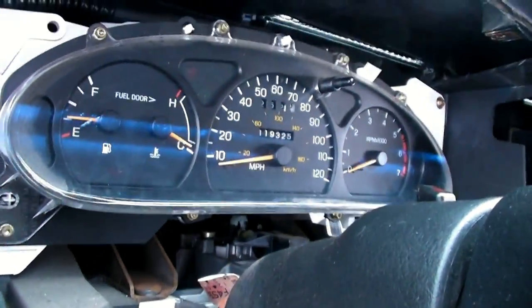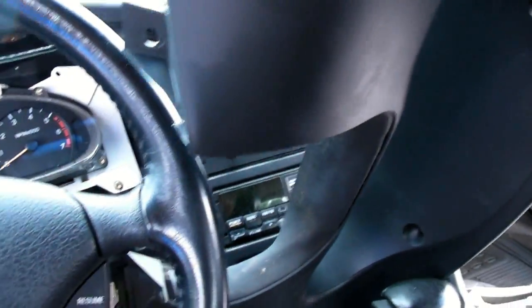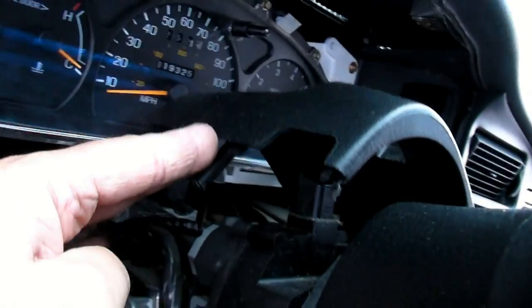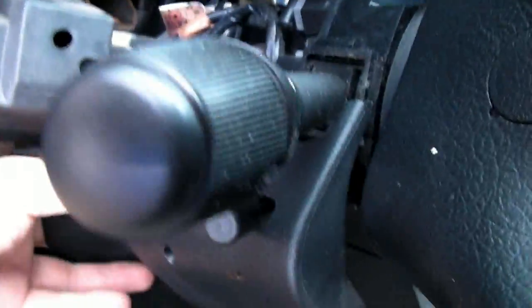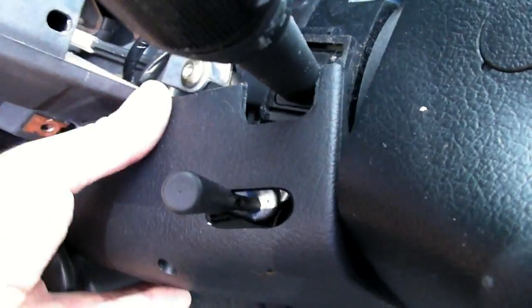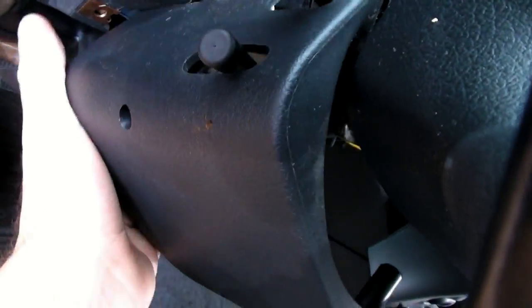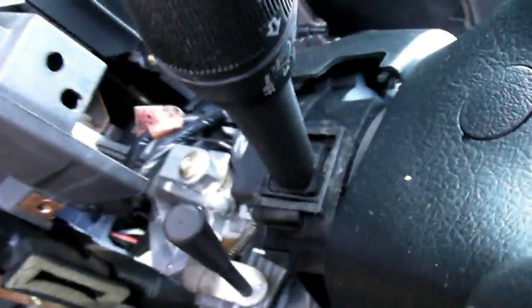Okay, now I've got the dash panel out of the way. This panel right here. What you're going to do is this top cover, you can kind of just lift it up and it'll give you enough clearance to get at this switch. It's held on the other side by the lock cylinder key. And then that bottom part, you can just pull that off. And you should be able to get at these screws. So it holds the switch on